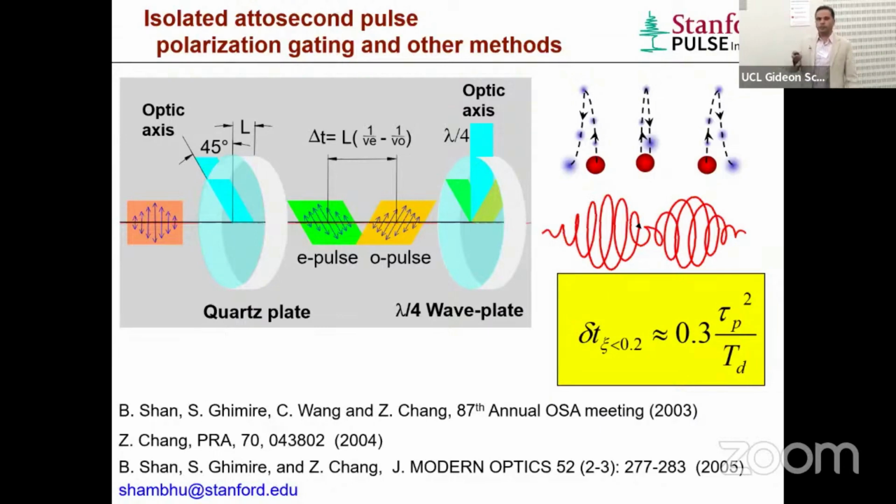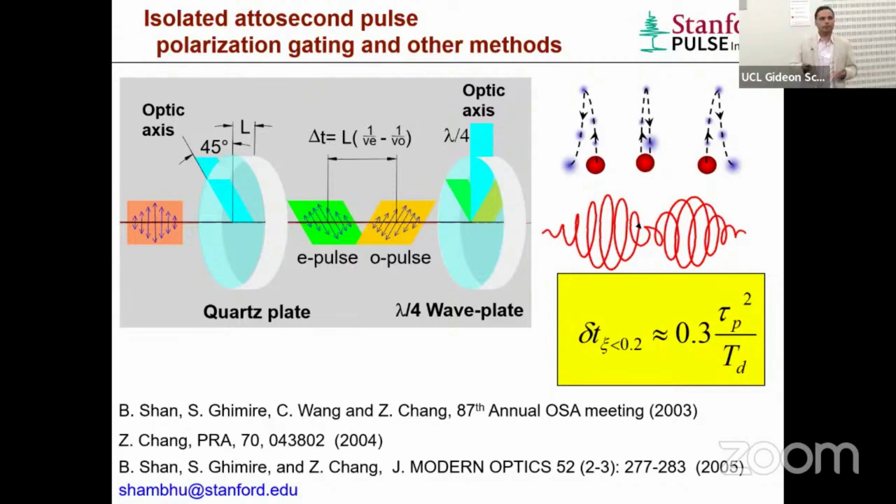And the basic idea here was that these driven electron recollision processes occur every half cycle of the laser field. You provide some time-dependent polarization to the driving pulse, in a way that now you have a left circularly polarized laser pulse at the leading edge and a right circularly polarized pulse at the trailing edge, and therefore with the known